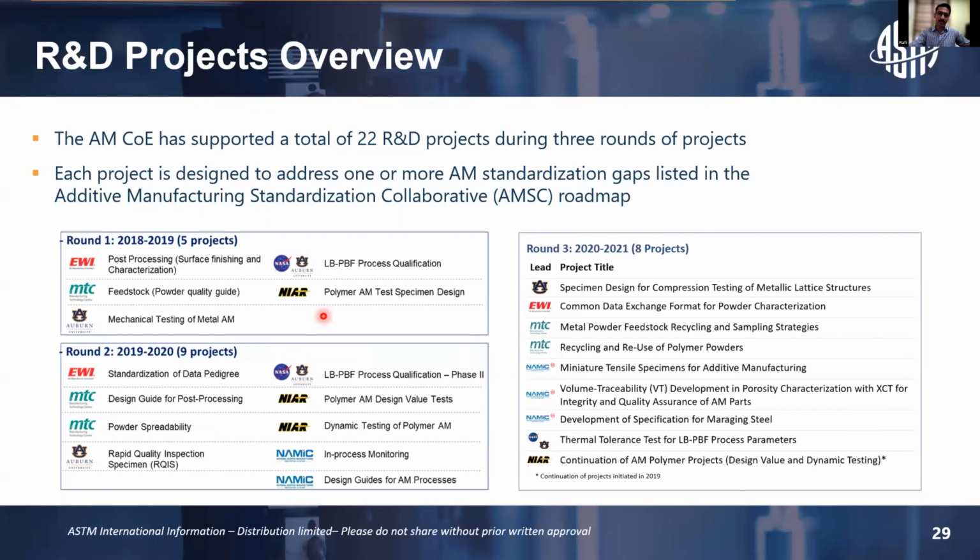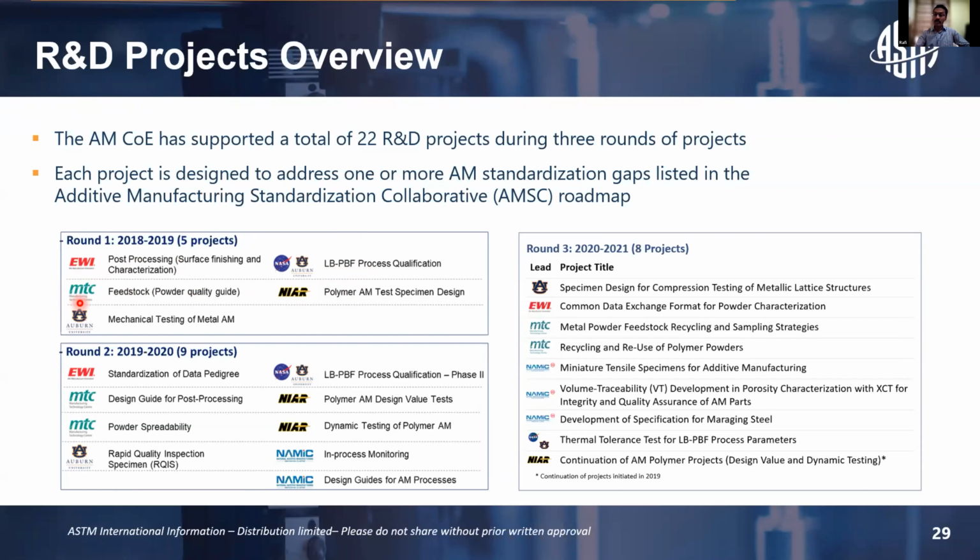So we took the requirements from the industry, and the research will be done at our AMCOE partners. We have around 5 different partners. These are organizations in the US: EWI, NASA, Auburn University, and NAR in the US, and we have MTC in the UK, and NAMIC in Singapore. So these are the partners for the AM Center of Excellence, and all the research will be held at these different